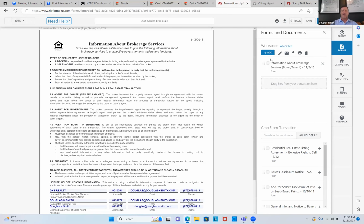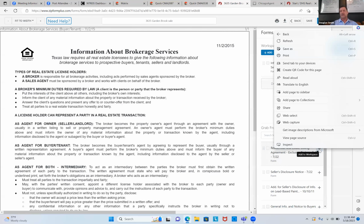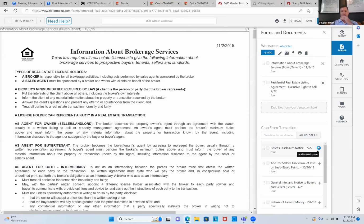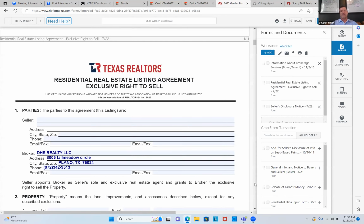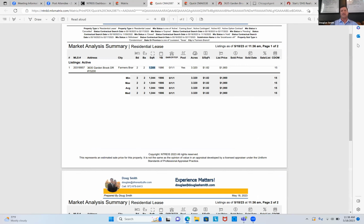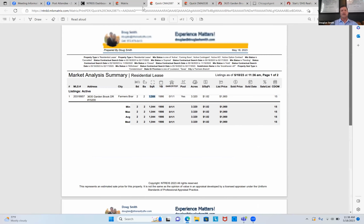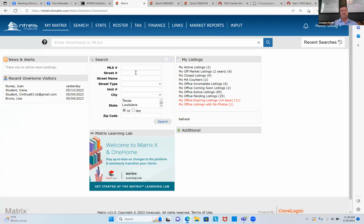Here it is. And over here it is. And we need to add the listing agreement and the seller's disclosure. So I'm going to go right past the IABS here. I need to go ahead and put the seller's name. So I'm going to go back here and pull up that listing again. Of course, I would have had it printed, so I'm not going to have to do this, but